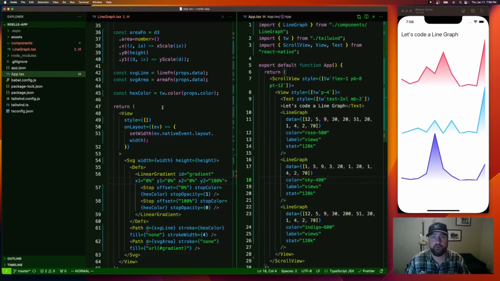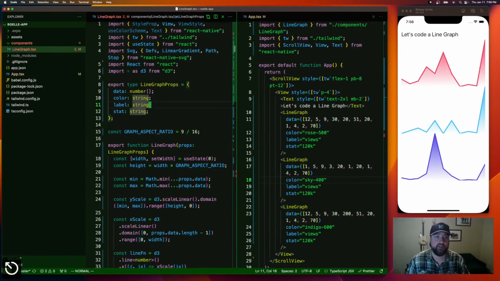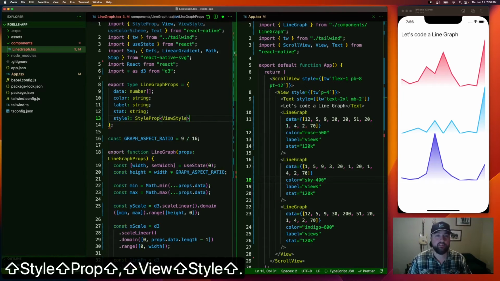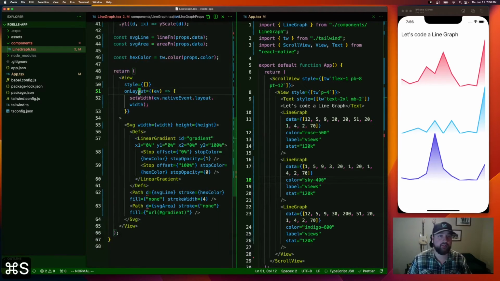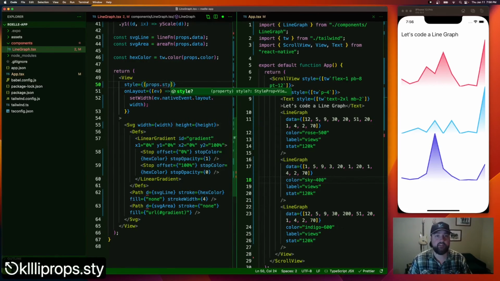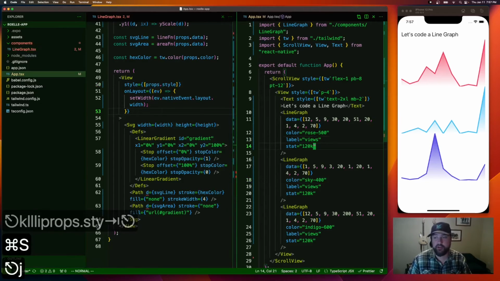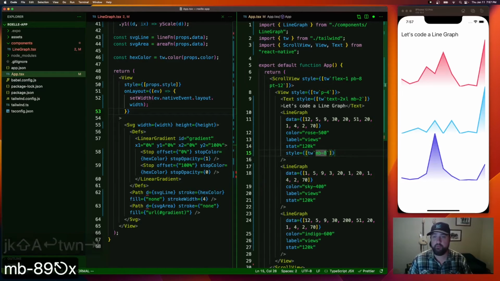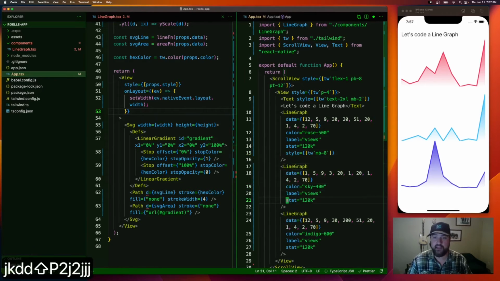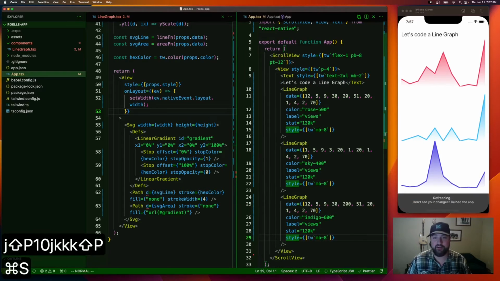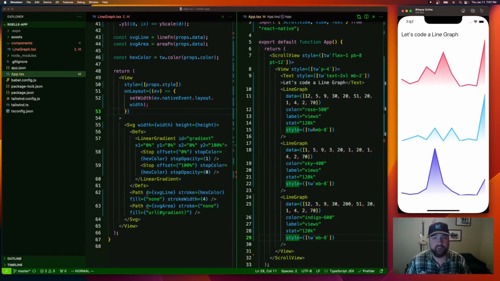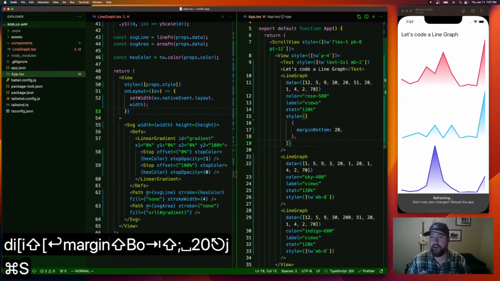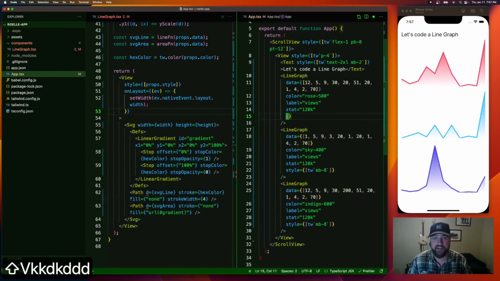One thing that I like to do with pretty much any component that I make is to have an optional style prop here, a view style, and then I like to go down here and pass that style in. That is super convenient, right? Because what I could do here is give that guy a big margin bottom. A lot of people, even component libraries that I'll use, don't do this. Even if you're using style sheets or whatever, margin bottom 20, whatever,